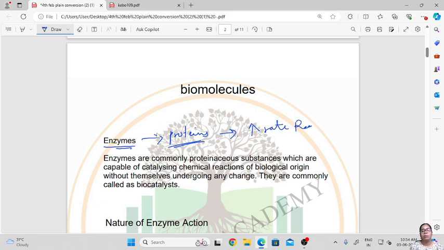We all know that our body undergoes various kinds of reactions, and those reactions need to be fast. So basically, enzymes are proteins which will catalyze, that is, increase the rate of the reaction without themselves going under any changes. The structure of the enzyme is not getting changed. Without itself changing, it will increase the rate of the reaction, that is, it will catalyze the reaction to form the product. So this is the meaning of enzyme.